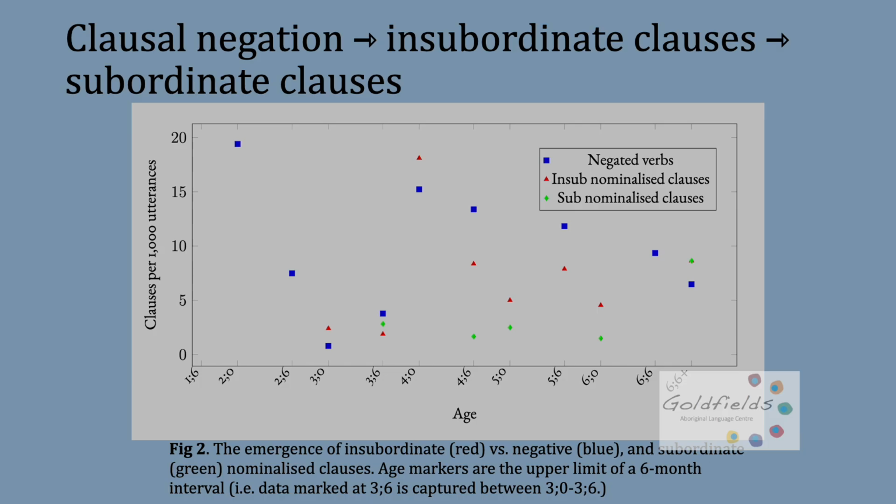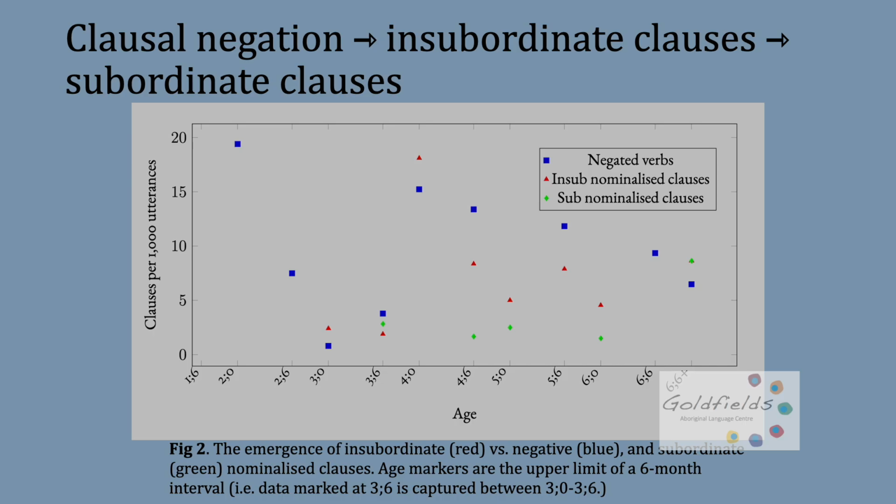And what this means is that if a child used a nominalised clause at the age of 2 years, 7 months, they were placed at this data point here. So these ages here are the upper end of a 6-month age bracket. So 1 year, 6 months to 2 years, 2 years to 2 years, 6 months, 2 years, 6 months to 3 years, etc. And what we can see is that the instances of clausal negation represented by the blue squares